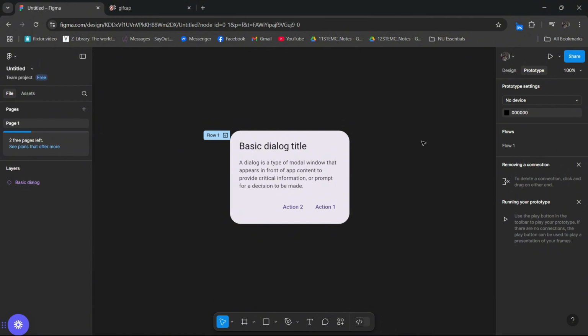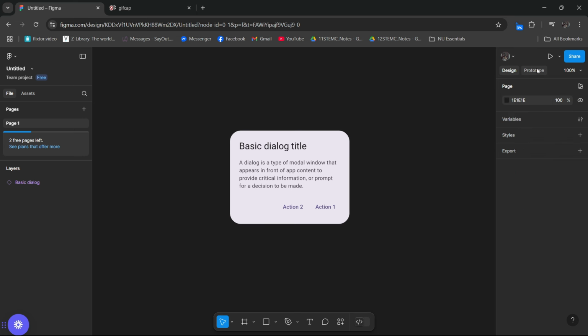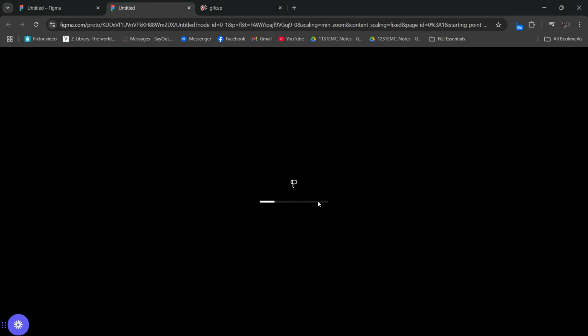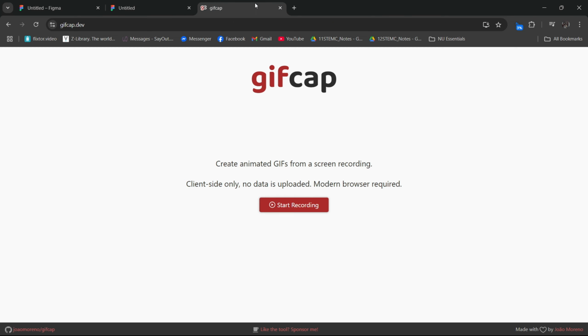Then, click a file or a project based on your preference, and after that, you will see on the right navigation bar a few options. You will see the design and the prototype. Just click on the prototype section and click the play button right here for you to be redirected to this page. Just wait until it loads, and while it loads, go to another tab and search for gifcap.dev,